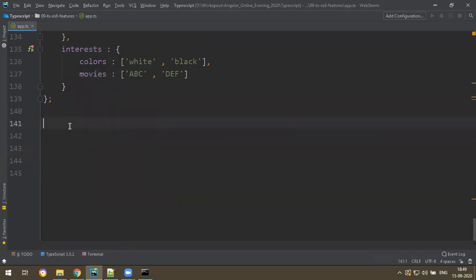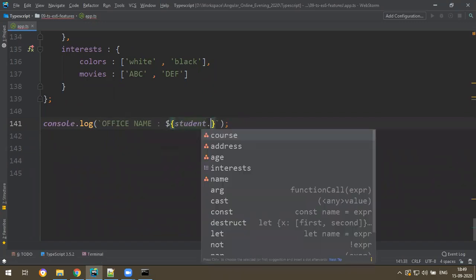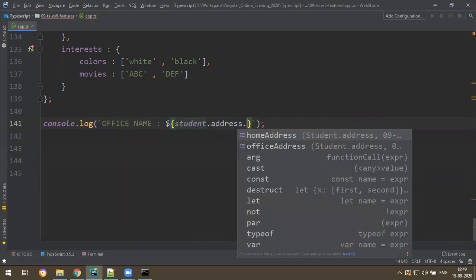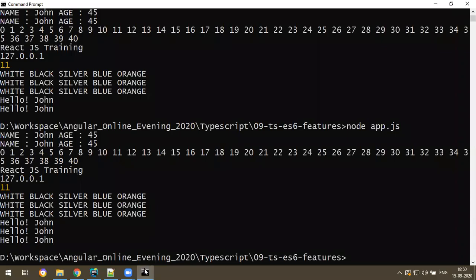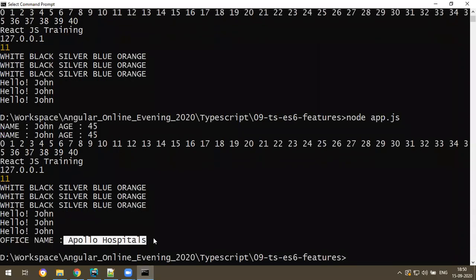For example, console.log of backtick name of the office, I want to print. So generally you write student dot address dot office address dot name. So these many dots you have to write. Then you get the answer as Apollo Hospital.